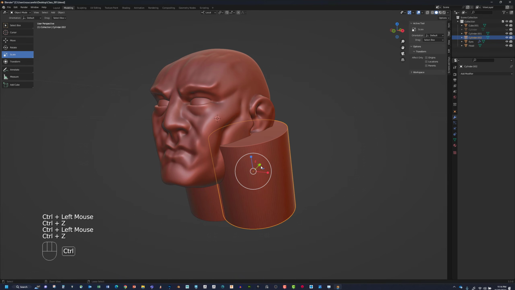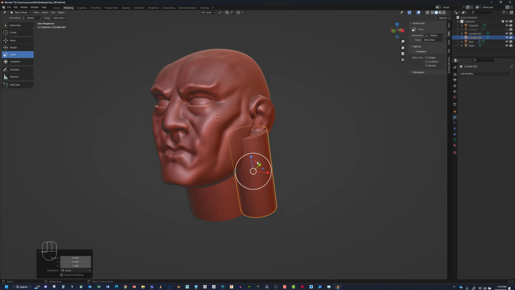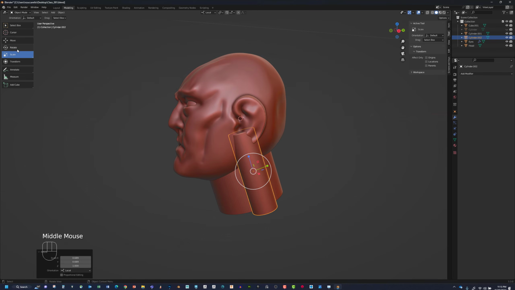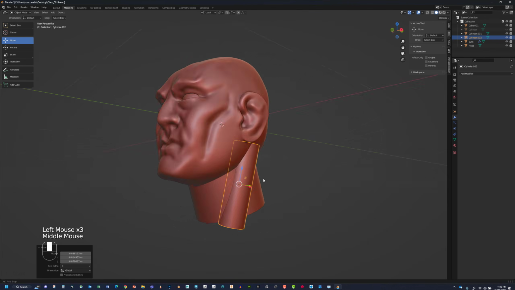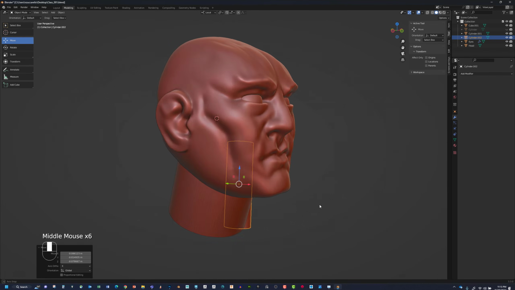but if you hold down Control, let's see, I was trying to see if I do Control Shift. Yeah, you can scale in 2 different axes like this. So I'm trying to get it longer and thinner like this. Right here like that, and then I'm going to rotate this like this, rotate this here, just move it into position, something like that,